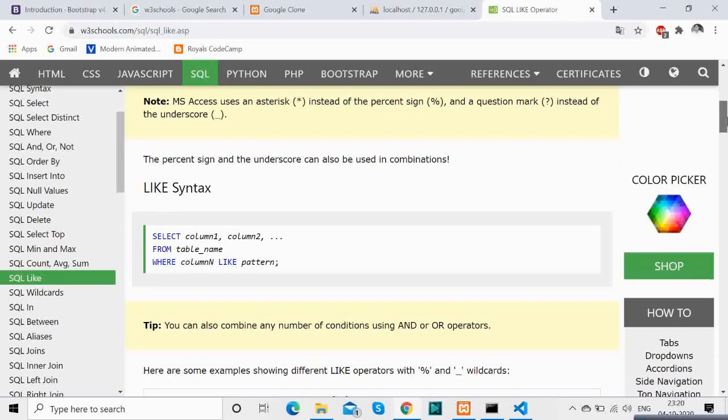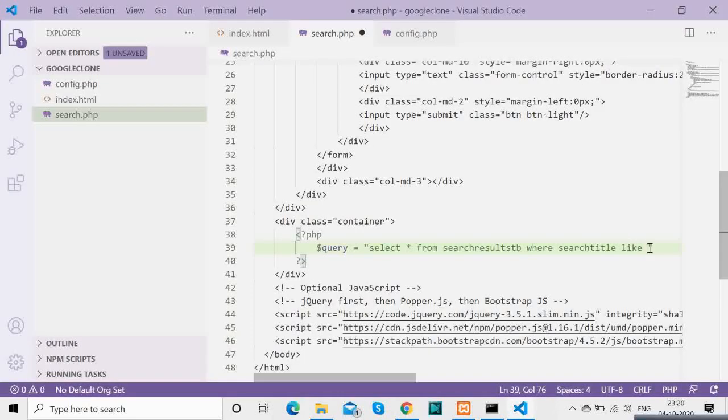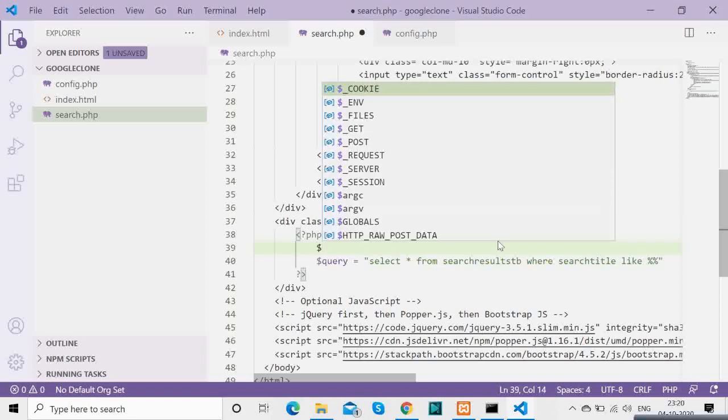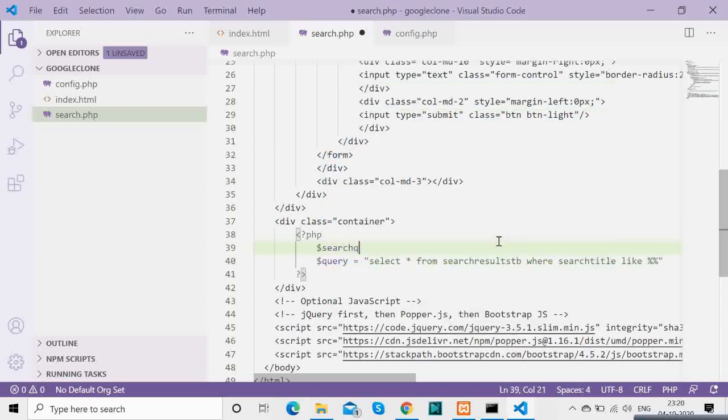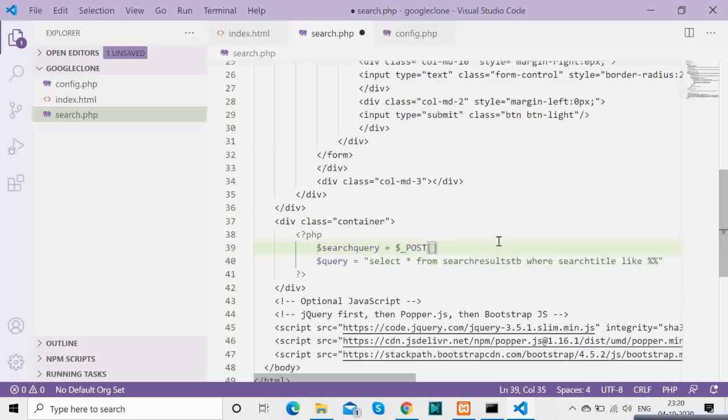If you see, we are using the wildcard called LIKE. This is in SQL. Wherever you use this LIKE, this will do the magic for a search query. Basically you write anything, it matches with any portion of that text which is there in the database, and it will just pull it out. You don't need the exact same thing, it will pull out anything which is in between. That's why we have the percentage at the beginning and the end.